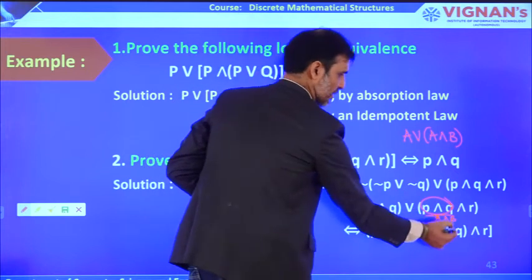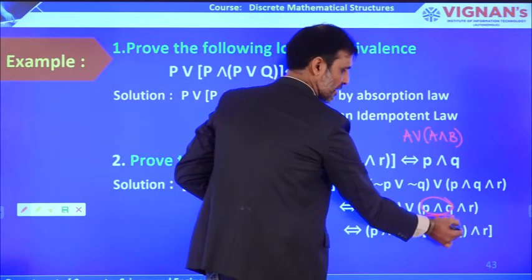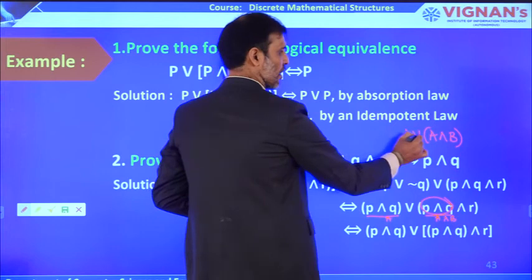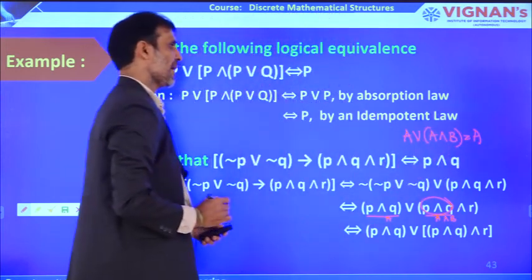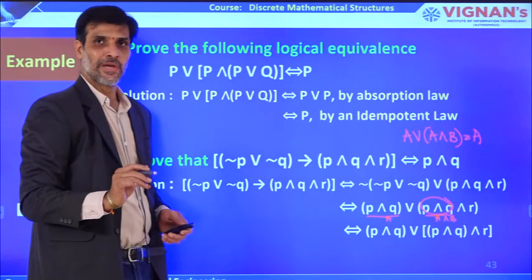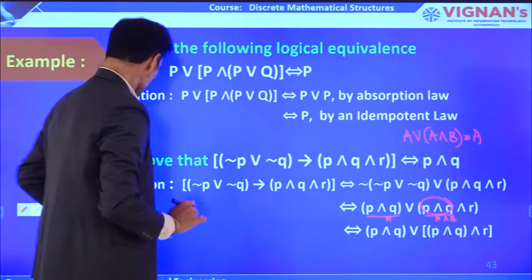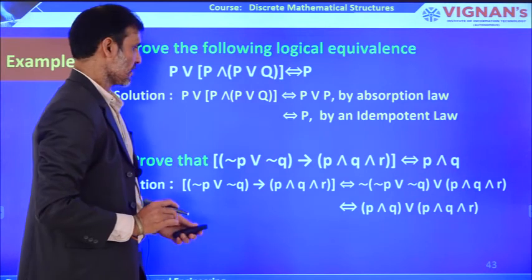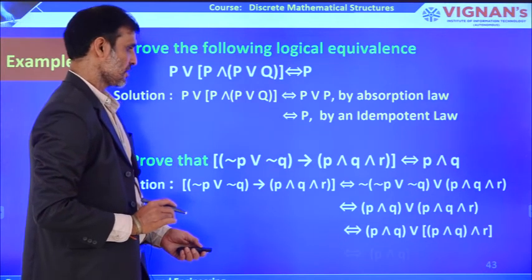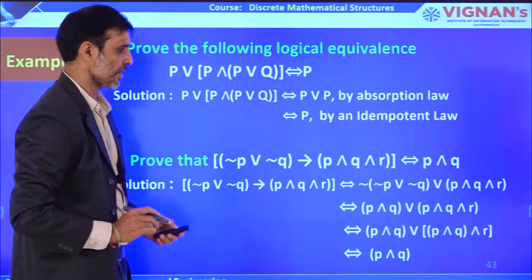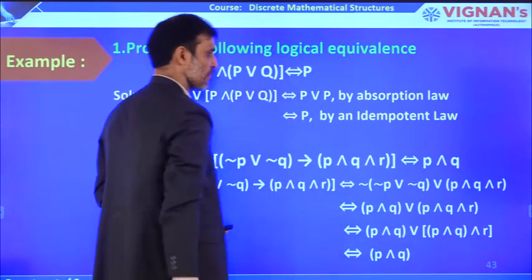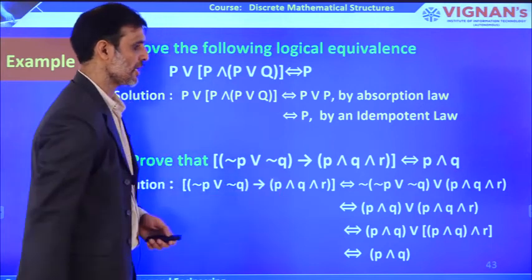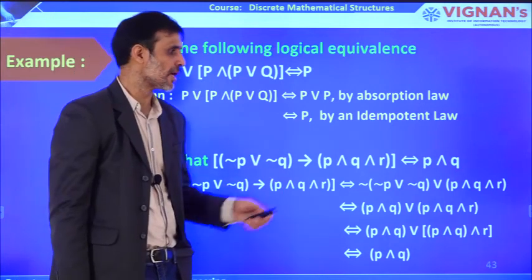Because P and Q and R can also be written as P and Q and R separately. So A or A and B can be written as what? It is equal to A by using the absorption law. So let us check that. You will get A. What is A we have taken here? P and Q. Therefore, it is equal to P and Q. See how simple it is; we have proved that it is logically equivalent to P and Q.